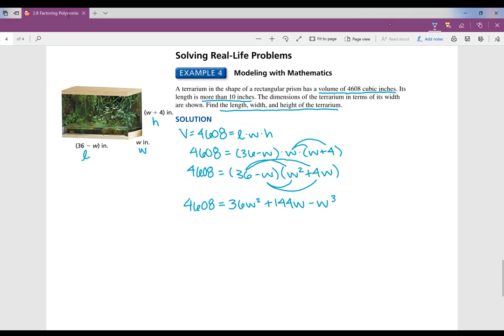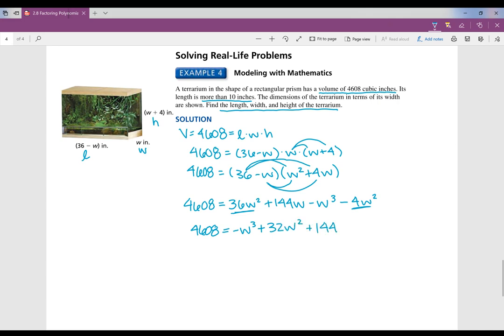Negative W times 4W will be negative 4W squared. So now do we have any like terms? Yeah, we have 36W squared and negative 4W squared. So when we're rewriting this in standard form, remember cubed comes first, then squared. So 36 minus 4 is going to be 32W squared